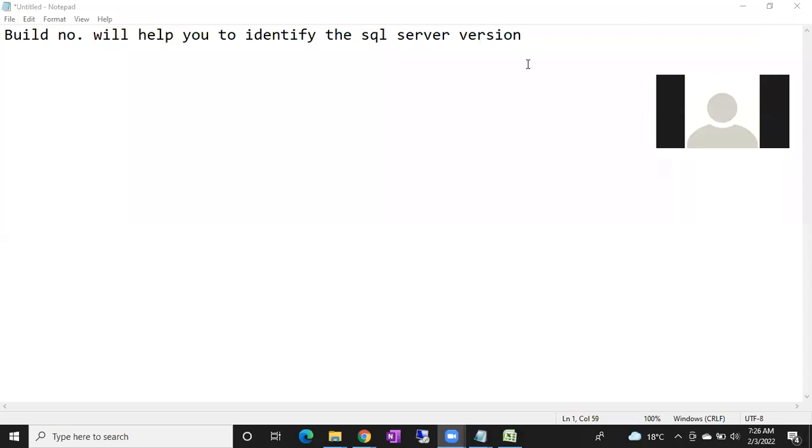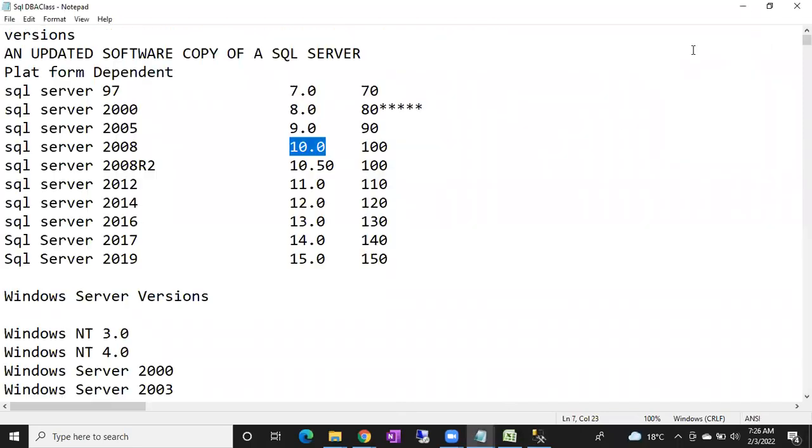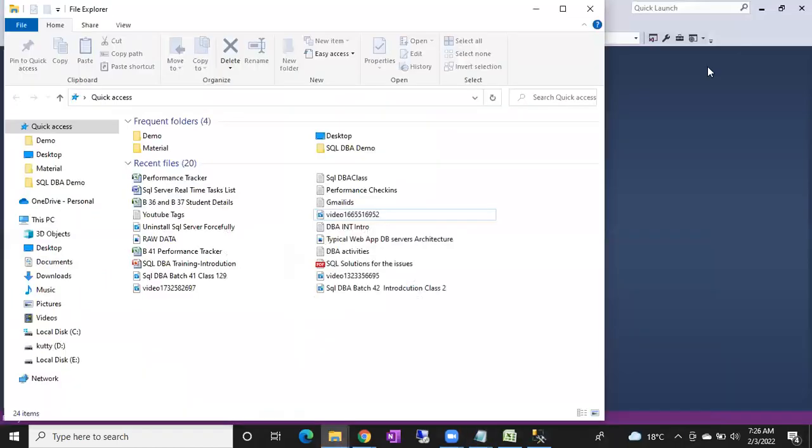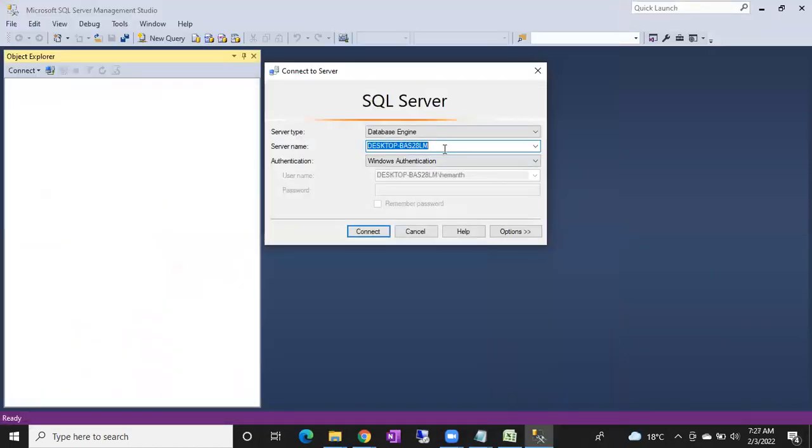Okay, fine. Let me show you the SQL Server, guys. We are going to use Management Studio. Management Studio is just a tool, it's a client. This is your Management Studio. How to get this Management Studio, everything we'll discuss in the coming classes. Nothing to worry. When you install SQL Server, we'll get this Management Studio. Management Studio is an interface which will help you to connect to the existing SQL servers